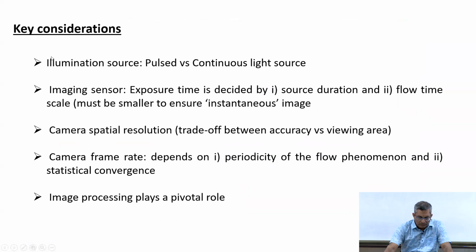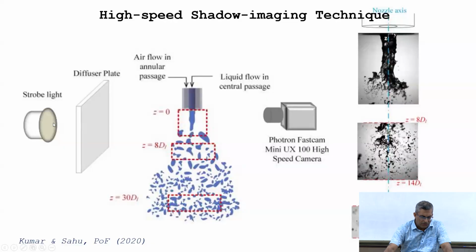Now, there are some considerations, of course. One can ask, okay, what if we use a continuous light source? Yes, you can use it, but in that case, the exposure time of your camera to capture one frame has to be very small, such that the flow field is frozen, such that you avoid seeing streaks of particles. Otherwise,